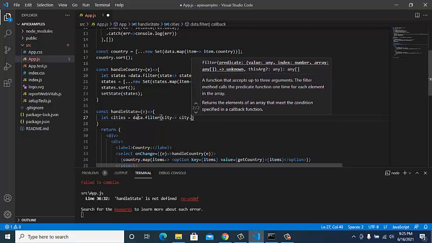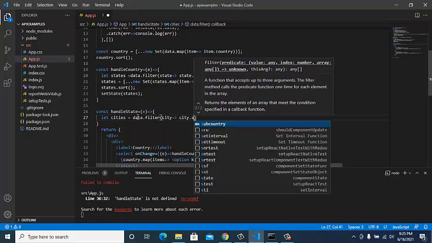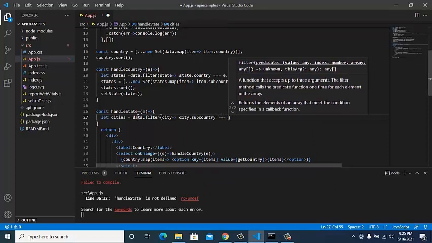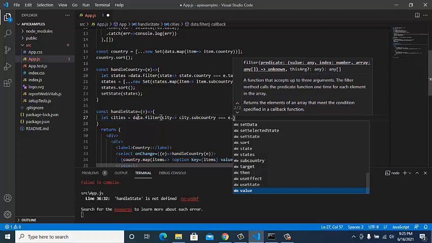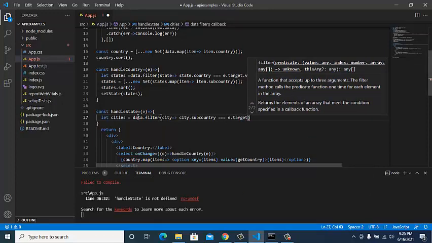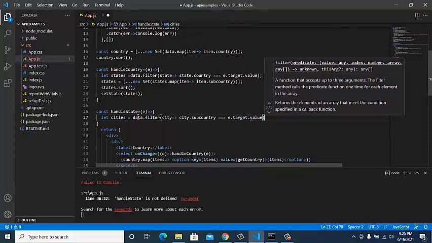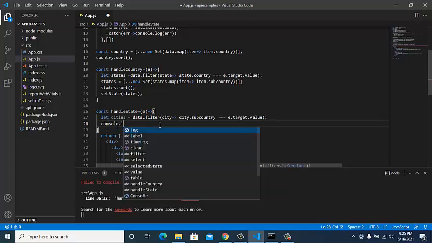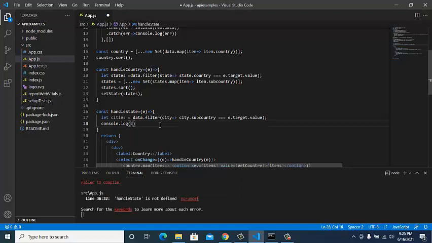I have to check the states. If the states are matching, bring out the city. The states are sub-country over there, so city.sub_country is equal to e.target.value. So what it will do is, when we select a particular state, it will bring out that particular state's cities. I'll just do console.log to show you what it takes, the same as how we did for states.